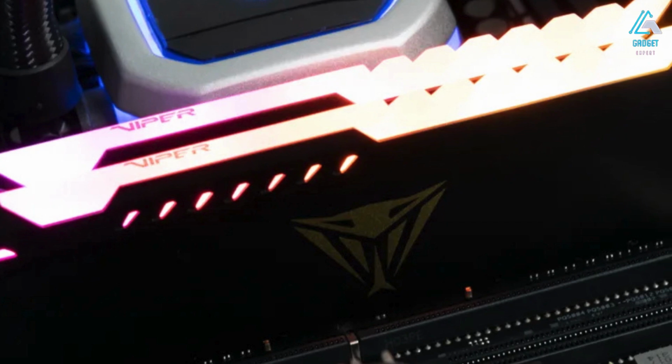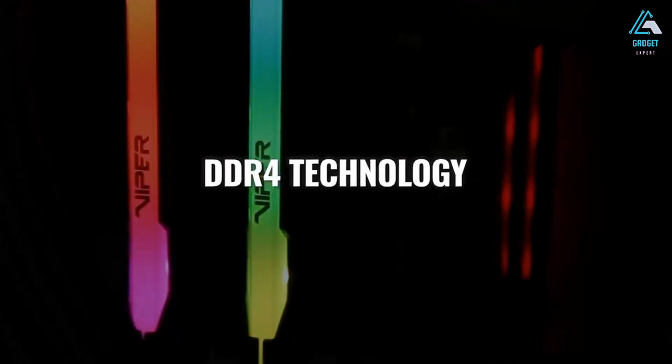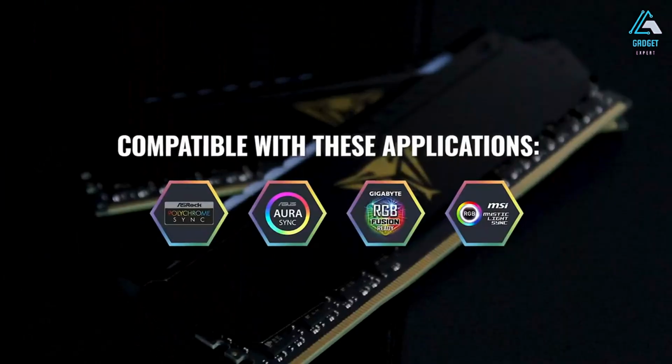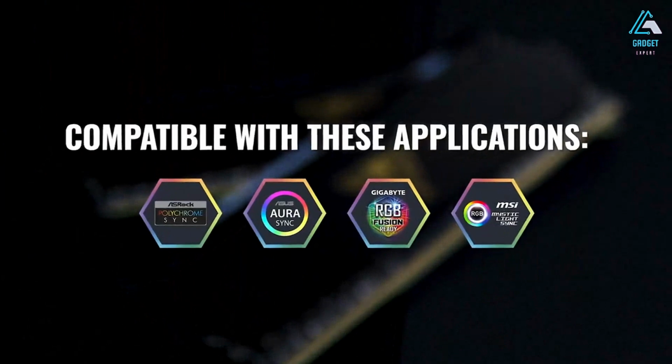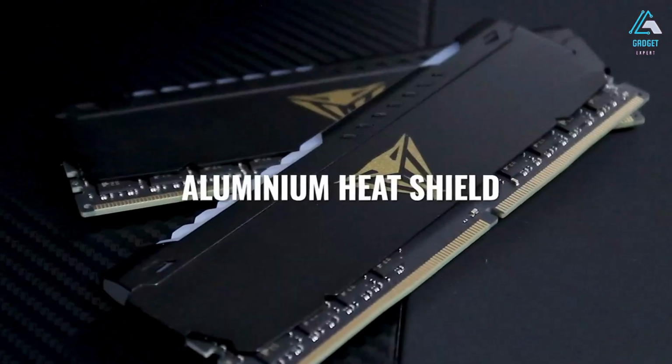When it comes to appearance, the strip of RGB lighting includes a serrated edge, leading to a design ideal for a gaming-oriented system. The lighting effects can also be customized with various software, allowing them to be synchronized with other RGB components. Unfortunately, this design has a number of limitations, which are not solely due to it being a DDR4